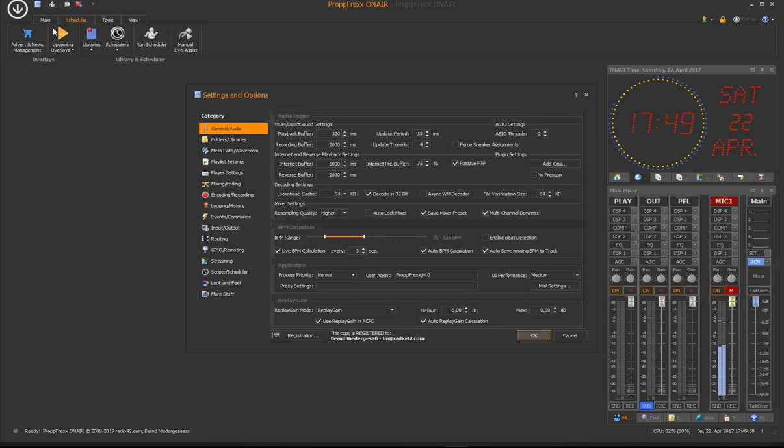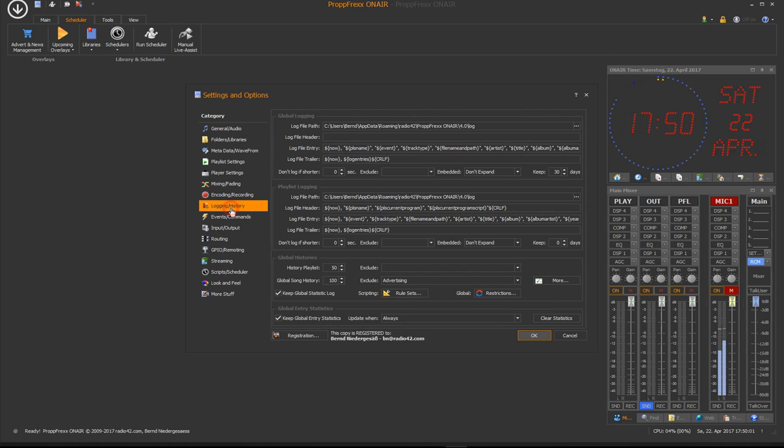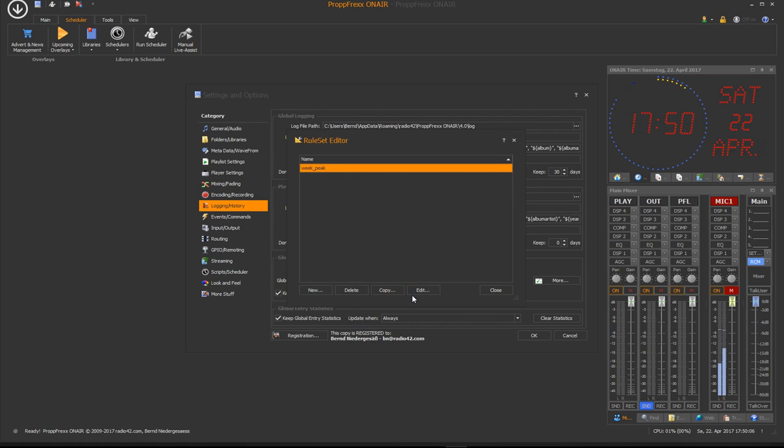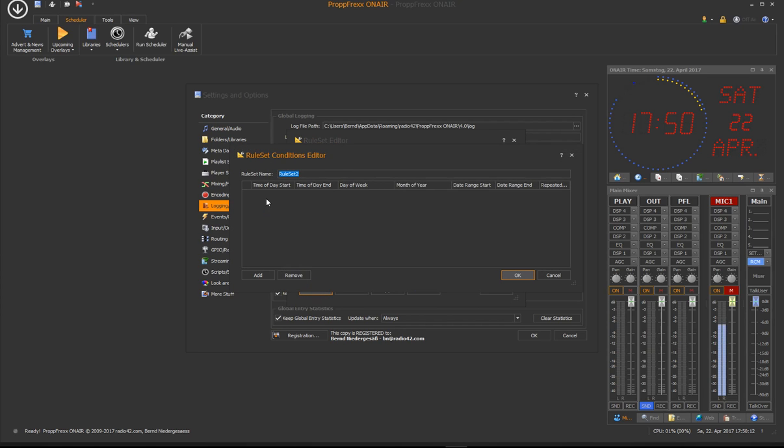So go back to your general sections and then go back to your history. First of all, note that you have rule sets. Rule sets are there on an individual track basis. You can define rules. Let's assume I just create a new rule, and one rule can consist of various conditions,